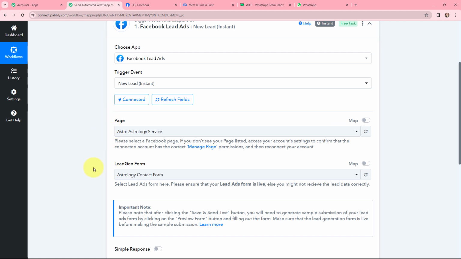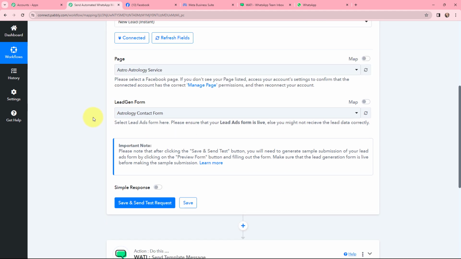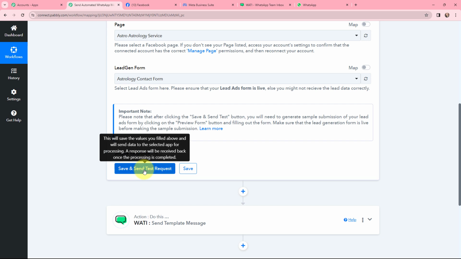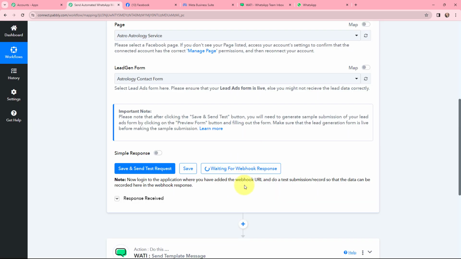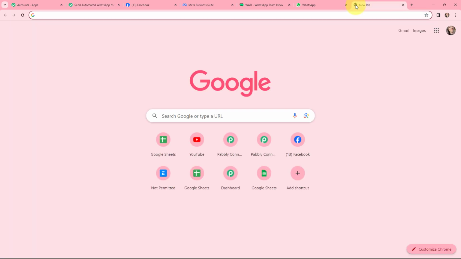So once I've selected my page and the lead gen form associated with it, here I'm going to click on Save and Send Test Request. As I did that, here you can see it is waiting for a webhook response. That means now I have to do a test submission so that the data can be recorded here in the webhook response. So to do a test submission, I'm going to take you to a new tab,